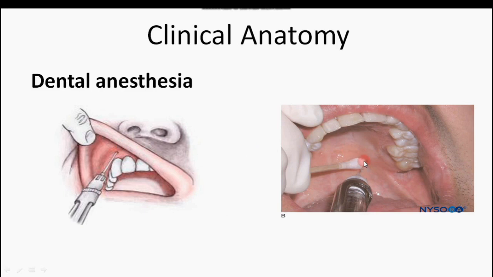Then similarly, dental anesthesia for the greater palatine nerve. Here is the foramen, the greater palatine foramen. There you have to inject the needle and deposit the local anesthetic, lignocaine. And similarly, you have to aspirate. You have to take the plunger back to see whether the needle is in a particular artery. If it is in the artery, then you have to take the needle back and inject again just to the side of that artery.